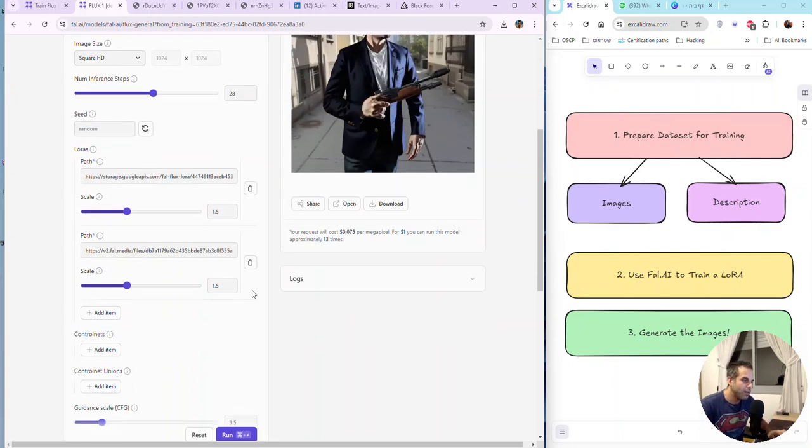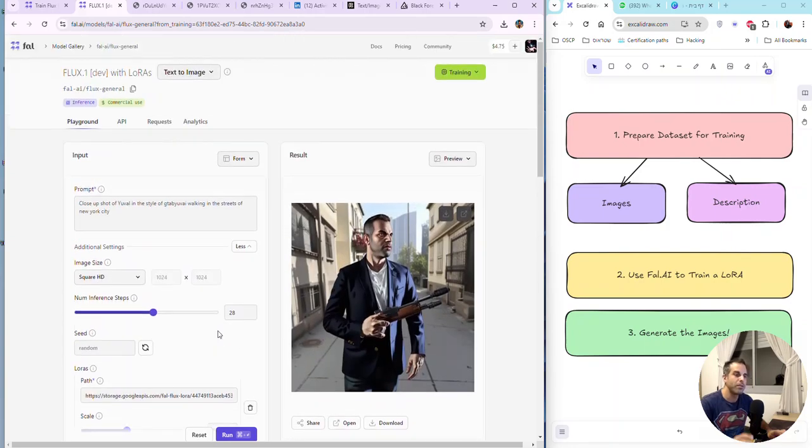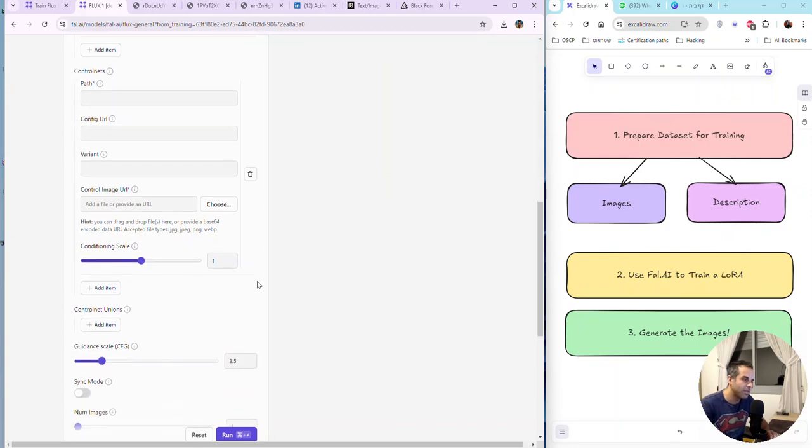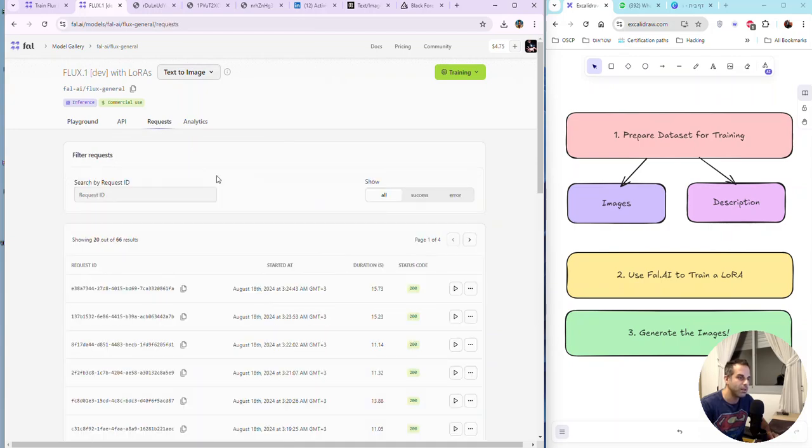All right, and here below, if I were to add a link to an image, then I could also say to the model, okay, I want you to keep the structure of the image and create the new image with the LoRAs based on the structure of this image, the guidelines. So ControlNets are a bit more complex and advanced, so this is not the place to discuss ControlNets, but the place to see one more thing is up here where we can see the requests, and by clicking on the request we can